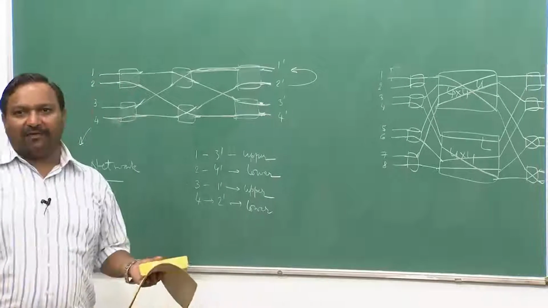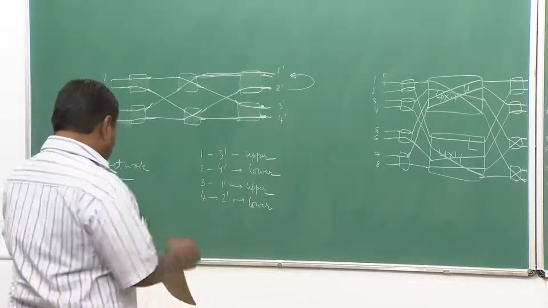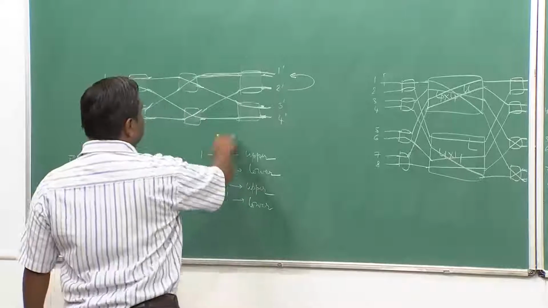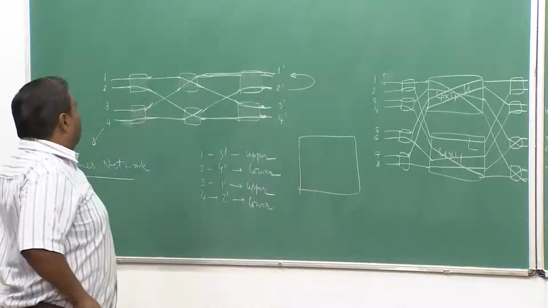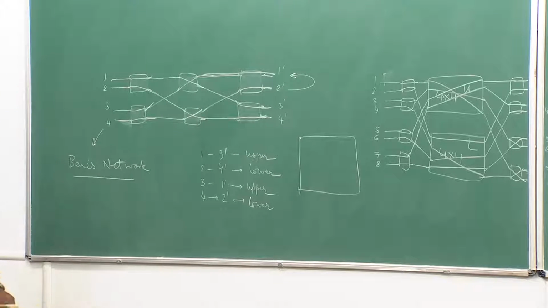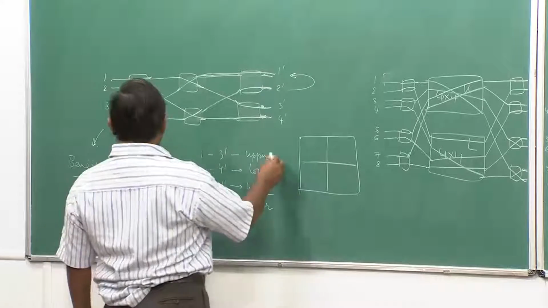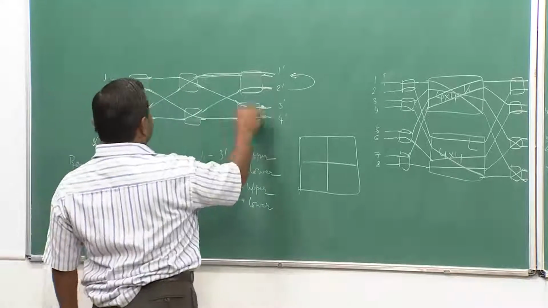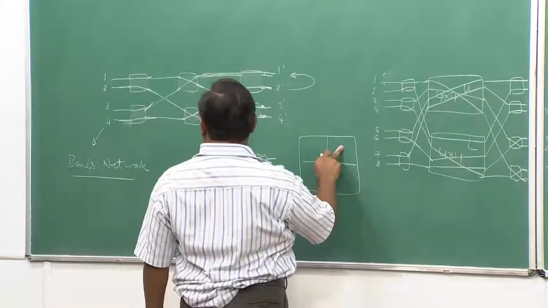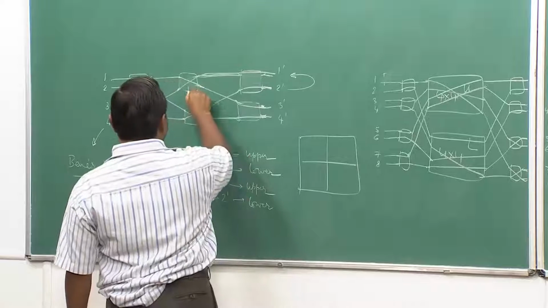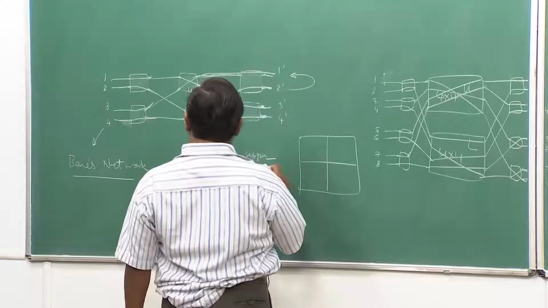But I have also told you about Paull's matrix. Let us see what happens in the Paull's matrix when I am doing all this. So, let us draw the Paull's matrix for this one. I have how many switches here? There are only 2 switches, it is a 2 by 2 matrix. So, when I create it from 1 to 3, this uses 2 switches. So, first row, second column, which is this one, I will define this as upper and lower. So, I have used the upper one.